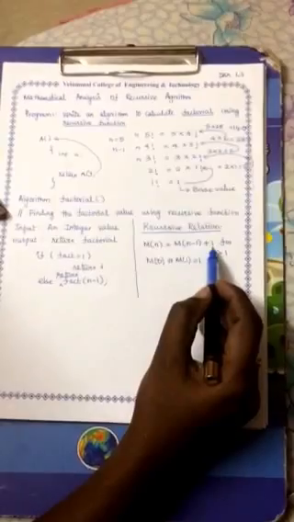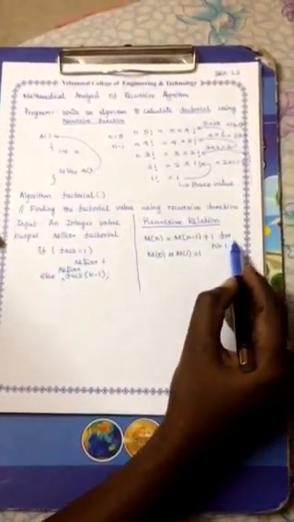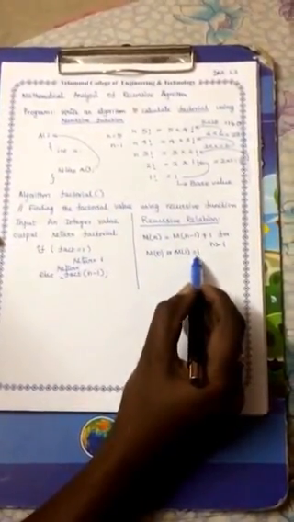So this one indicates that final value. This n minus 1 indicates this value. That is the 4 iterations. Each time whenever you are reducing the number, when you call 5 factorial, then n is going to be 5. In turn, when you call 4 factorial, this becomes n. And when you call 3 factorial, this becomes n. So only when you reverse the operation, if you want to get the final result, you have to perform only one constant operation. So this is going to be the entire recurrence relation, and this is considered as a base condition. If you are passing 0 or 1 as the base value, it will return 1.